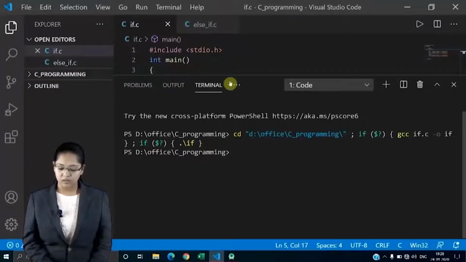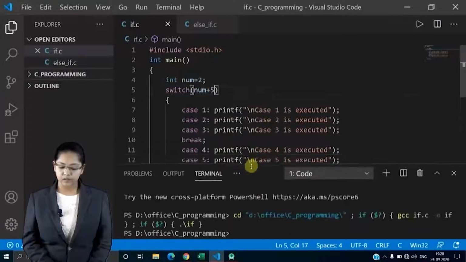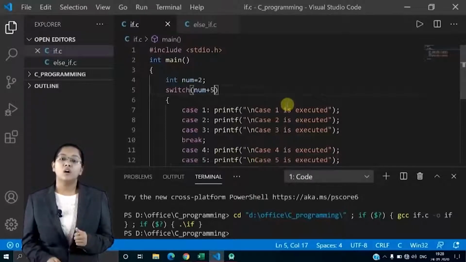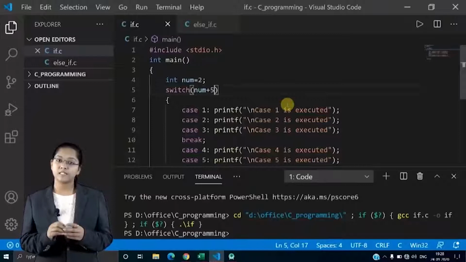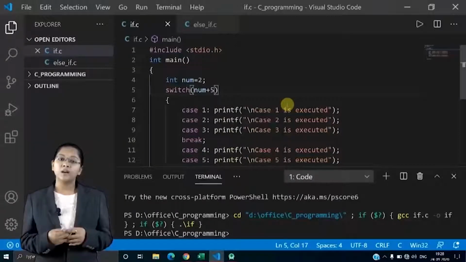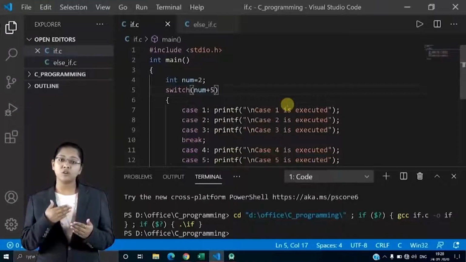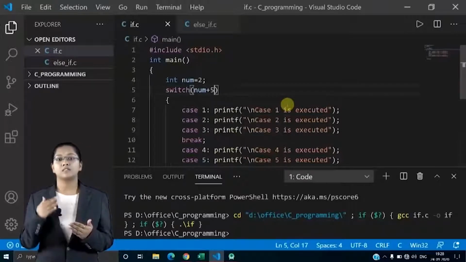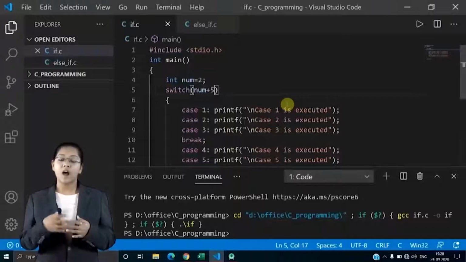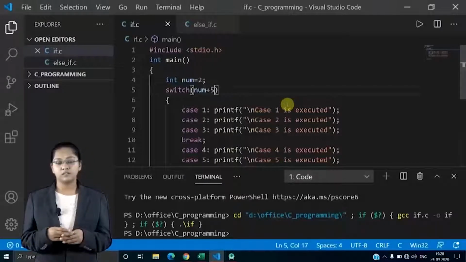Now let's say, even if there is no matching constant, as in this case I didn't have any constant so nothing was executed, still I want an answer. Still I want an output to show on the console. How can I do that?